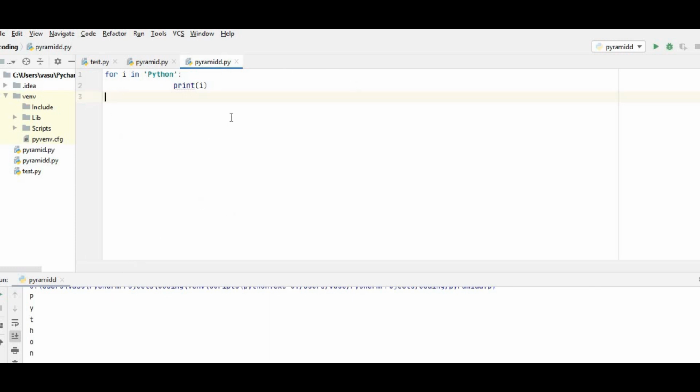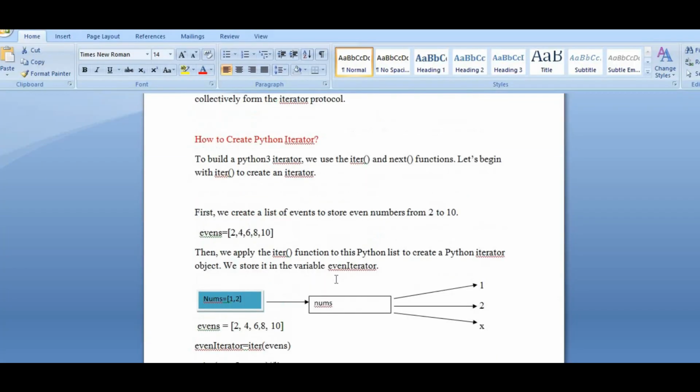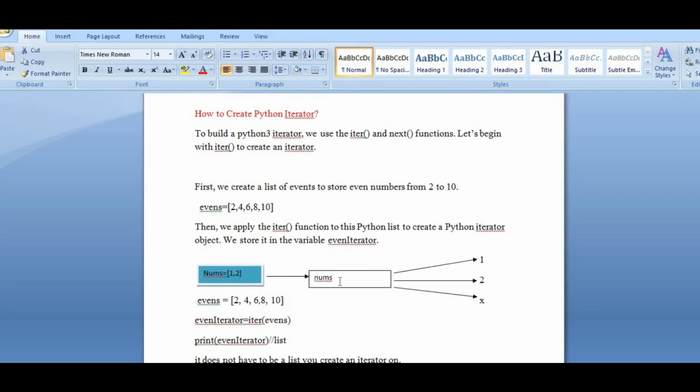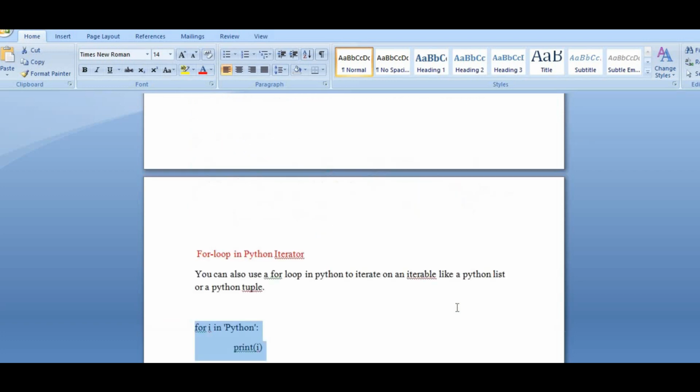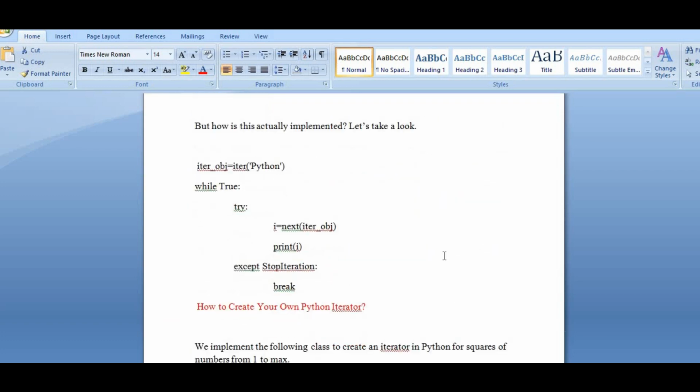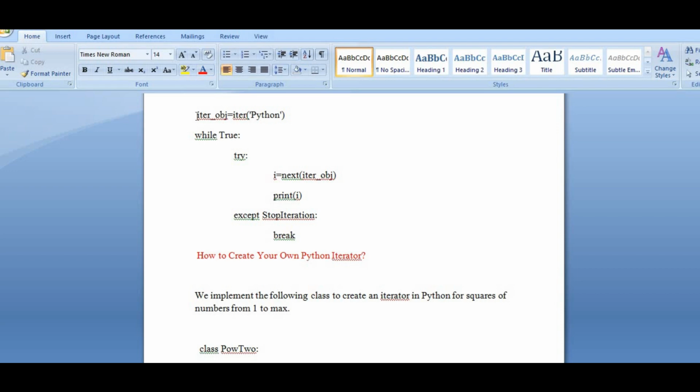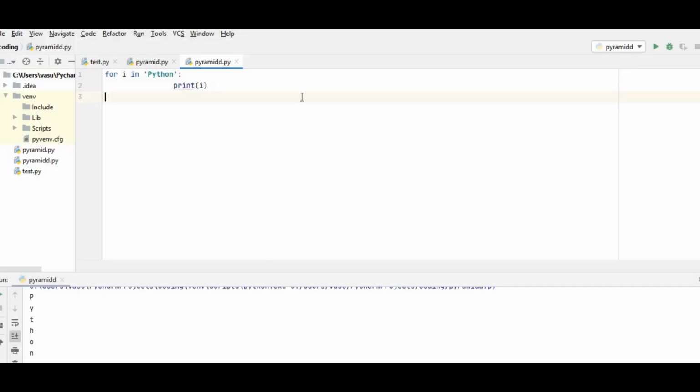So this is how you will get. Internally we can see that it is iterating every time, as we have seen in the first iterator, right? Here we have seen num is equal to 1, 2. For the first time it will go and print 1. For the second time it will go and print 2. So if you are giving n values, it will print n values like that. So internally, how is it implemented? Have a look over here. For this example I am giving